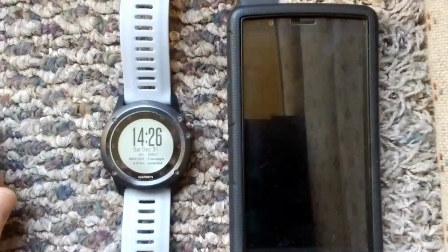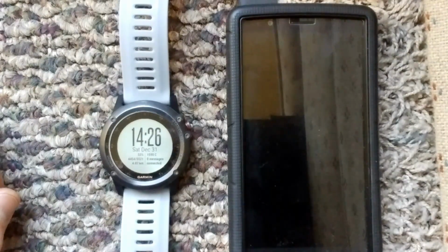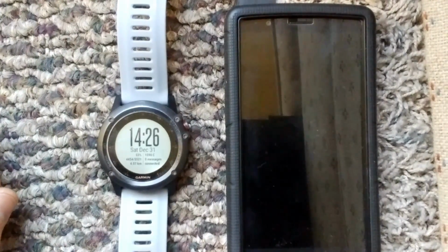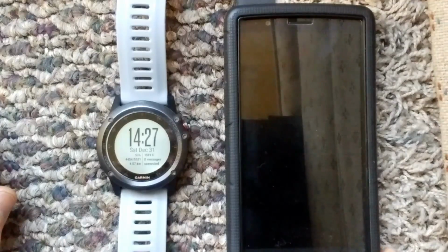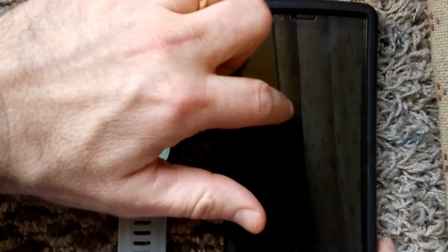Hey everybody, I'm going to make a short video here about a few different ways you can feel a lot safer when you go out on an adventure or a run or a bike ride or anything of that nature. And the first thing I wanted to show with your Garmin Fenix 3 and the Garmin Connect app is something